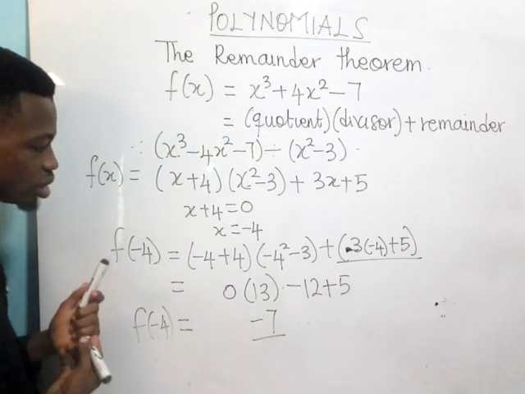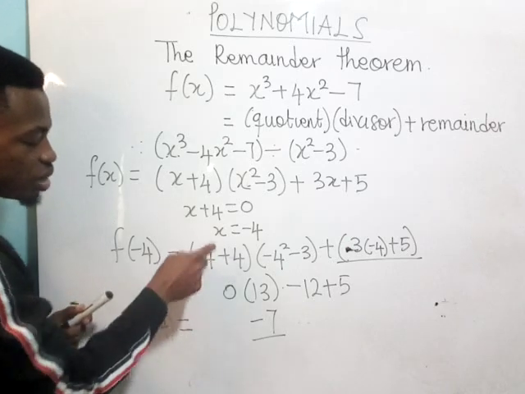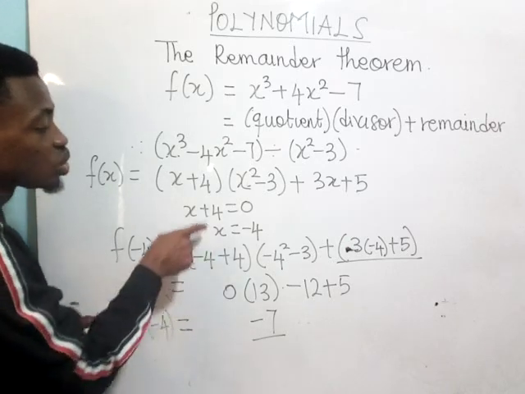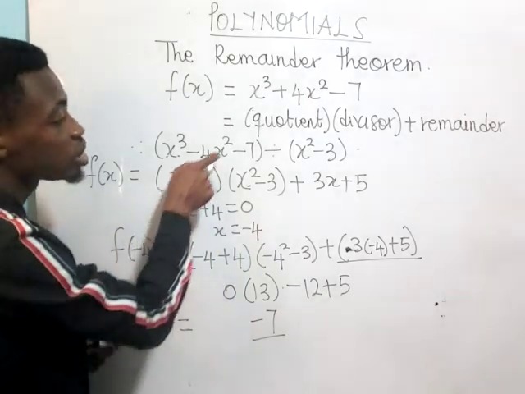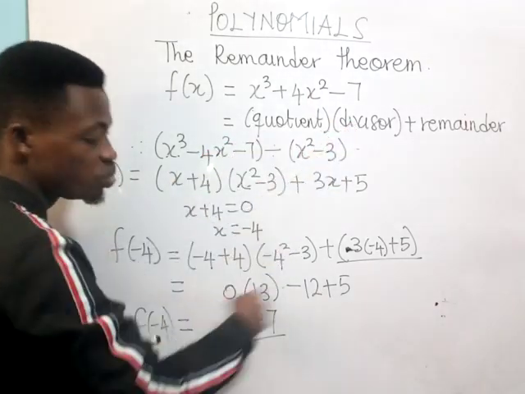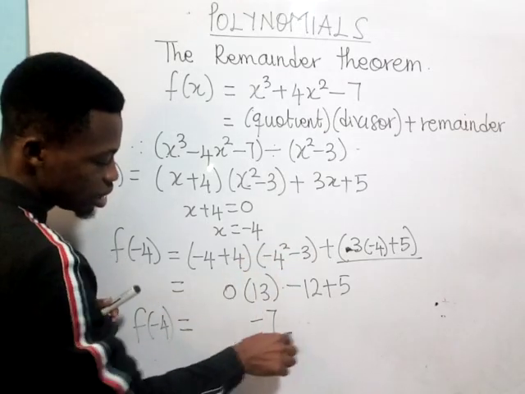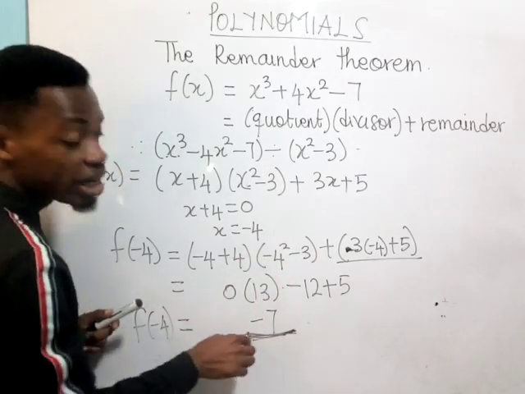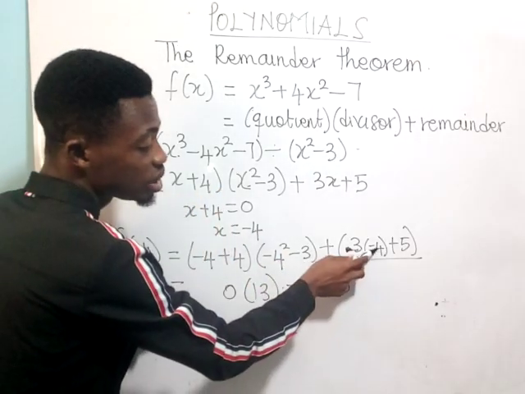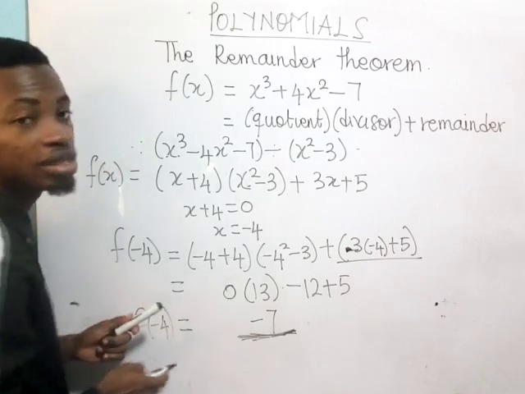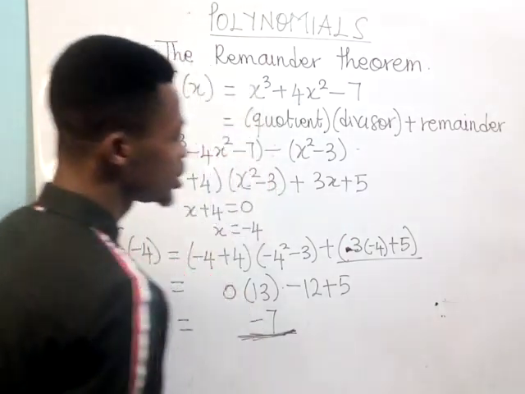It means that when a value of x is introduced into the function, the quotient and the divisor will become 0, leaving the remainder. The negative 7 is basically our remainder because we introduced negative 4 here, we solved and had negative 7. Now, so this means that,